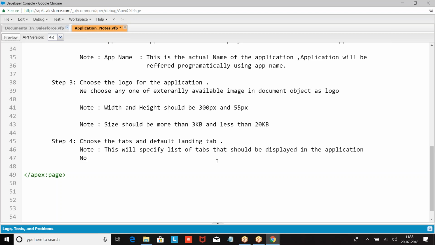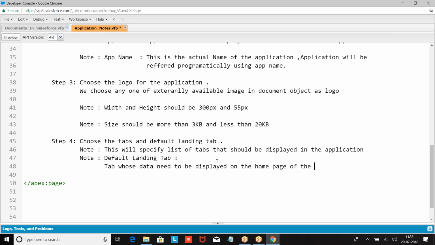Then what is a default landing tab? The tab whose data needs to be displayed on the home page of the application is called the default tab.